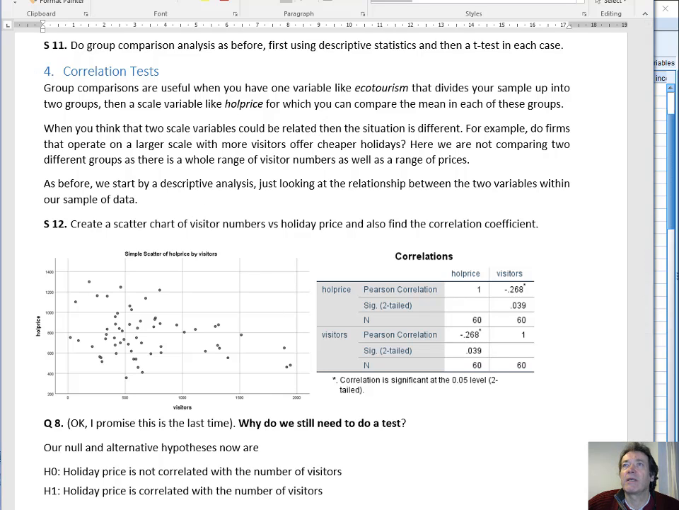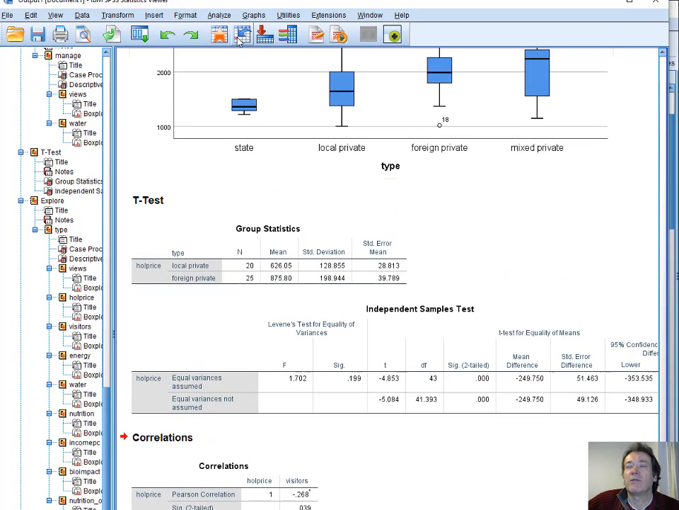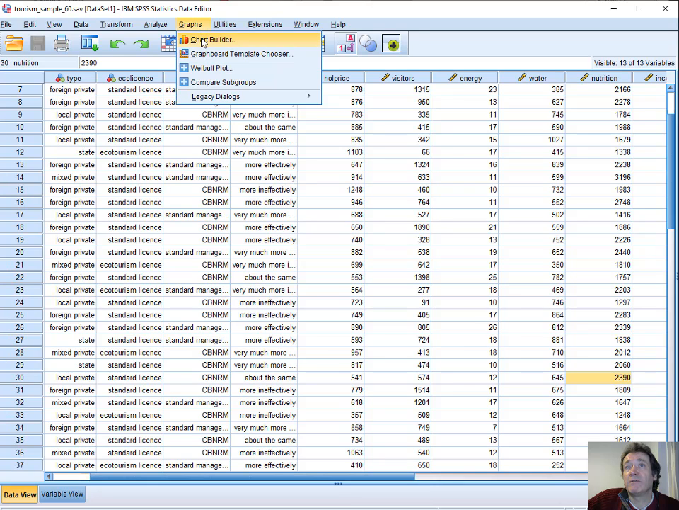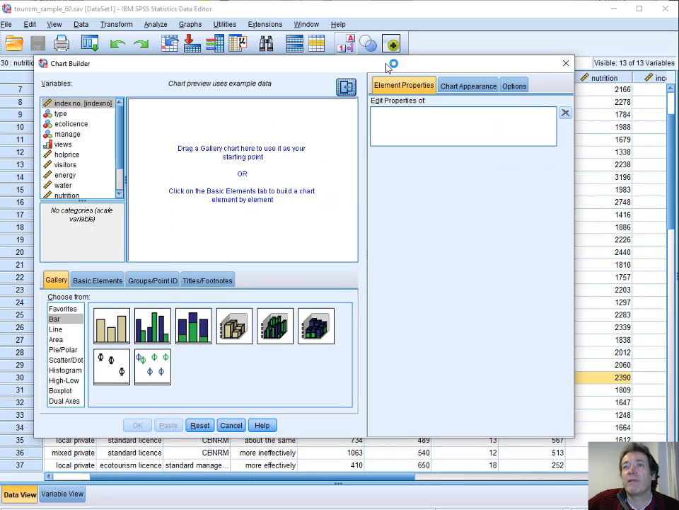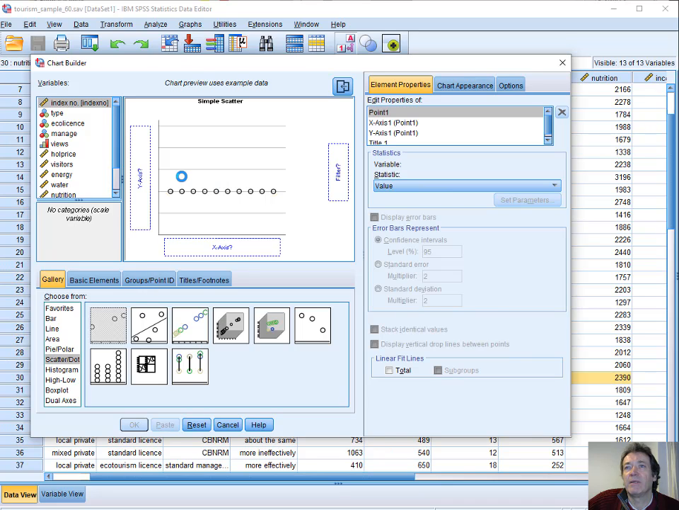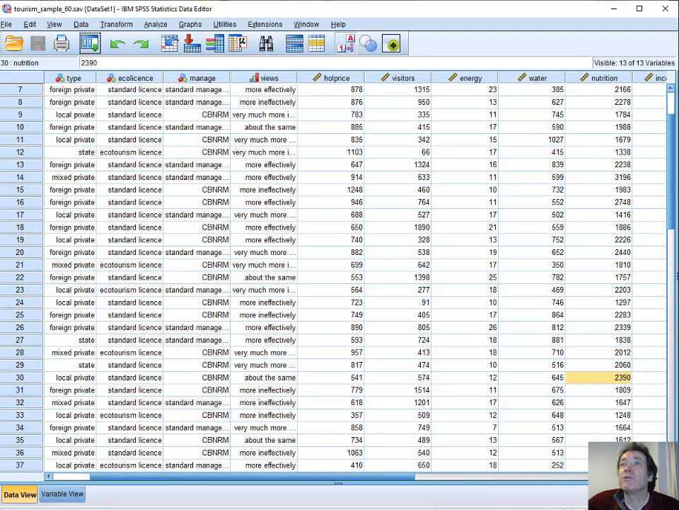So create the scatter charts. You can use the graph builder, the chart builder, starting from the SPSS data. So the chart builder pops up like that. Scatter chart: just drag a basic scatter chart to here, and say you want the holiday price along here, and the number of visitors along here. Just drag it on. You should get